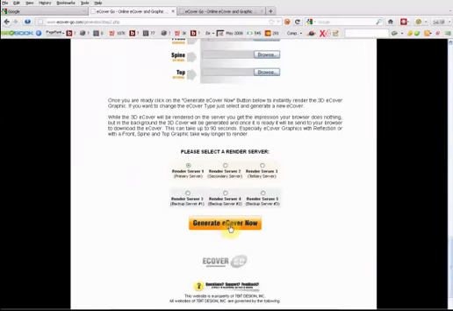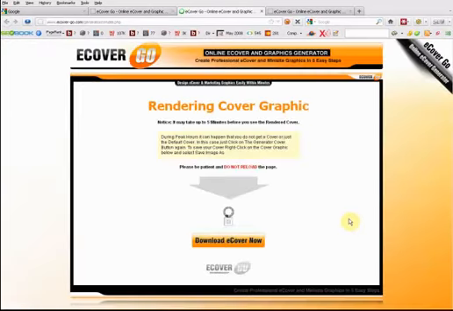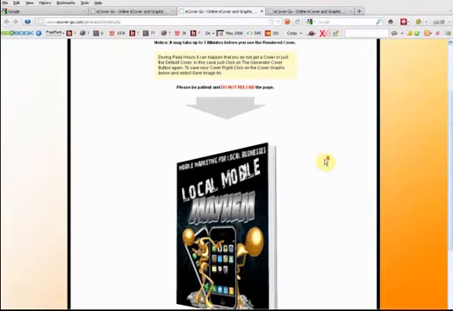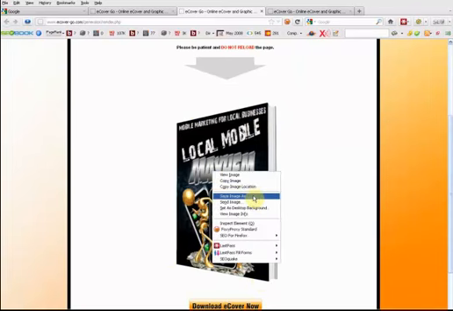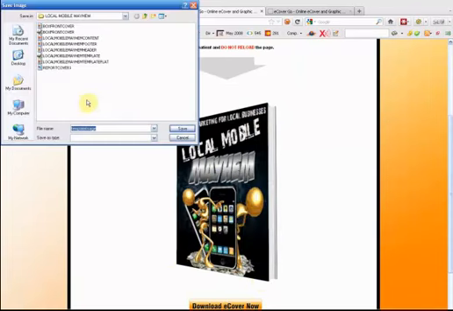And again, we'll click Generate eCover. And there we go, we've got our ebook cover, if we wanted to display it as an ebook. And again, save image as,